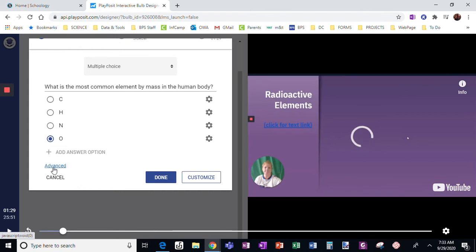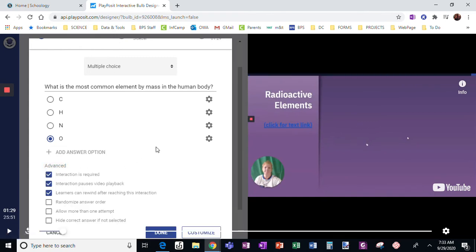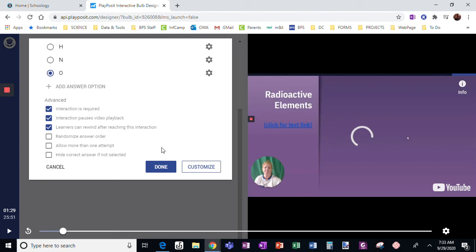Here is where the real editing possibilities are. So interaction is required. So I'm going to make my students answer this. It pauses the video. That means they can't continue the video till they answer it. They can rewind after reaching this. So if I want them to be able to go back and see that part of the video again, and